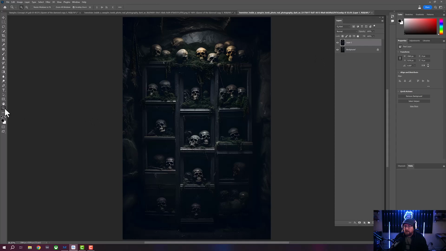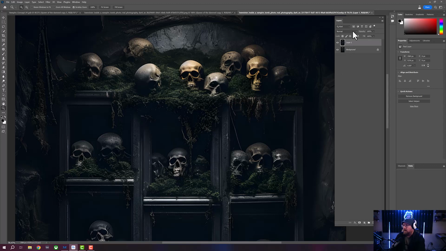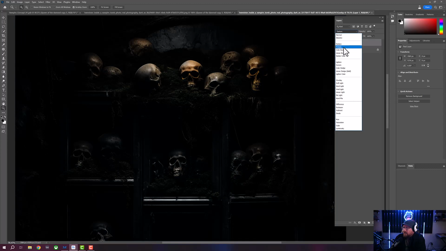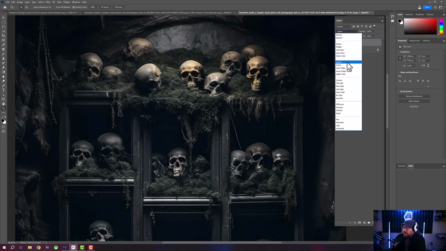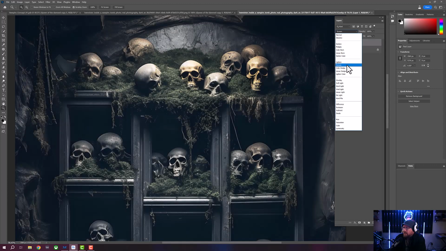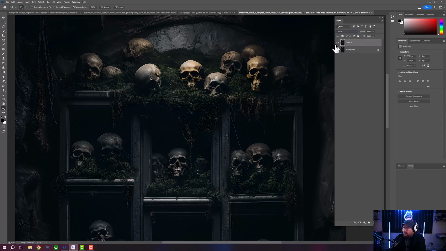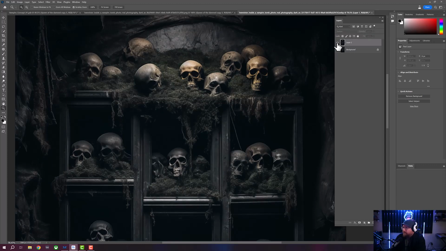So how do we blend this together? What do we do? I found that going to, I think it was darken, or I try to figure out which one it was. I think it was even darken or darken color. Darken. Either one of those. So if you can kind of tell,